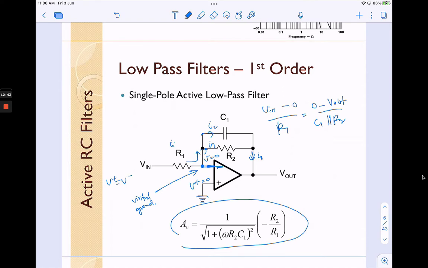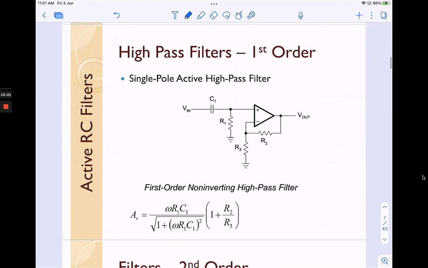Okay, so you can solve for this and you will get this term. Okay, so I skip the derivation. I think I already supplied the derivation in the previous lecture notes for the non-inverting amplifier, inverting amplifier, as well as the differential amplifier. Okay, you can just take a look back at the videos. Okay,